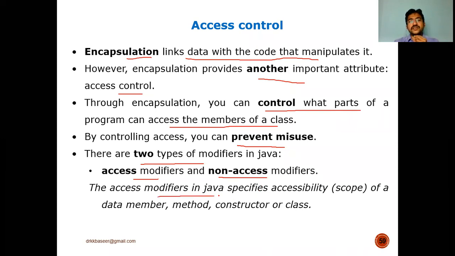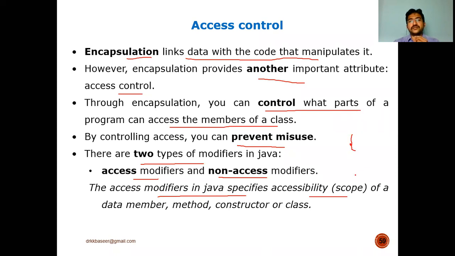The access modifiers in Java give accessibility. Accessibility means, for example, you have a property, say 4 cents. Beyond that 4 cents is other people's property. What is the scope of your property? Only up to that 4 cents. The accessibility is only for that 4 cents. So here accessibility means the scope, and the open braces and closed braces define the scope.